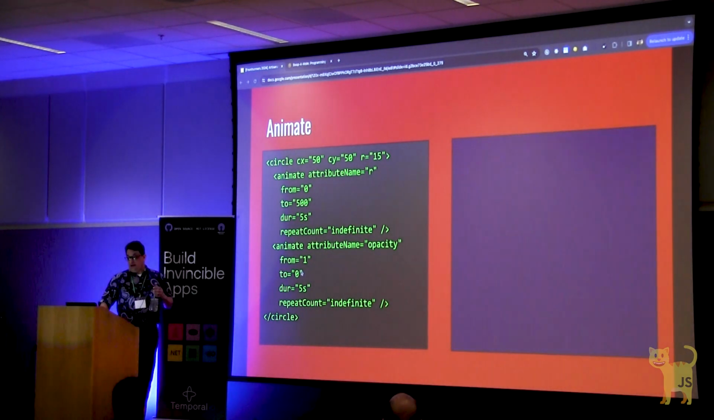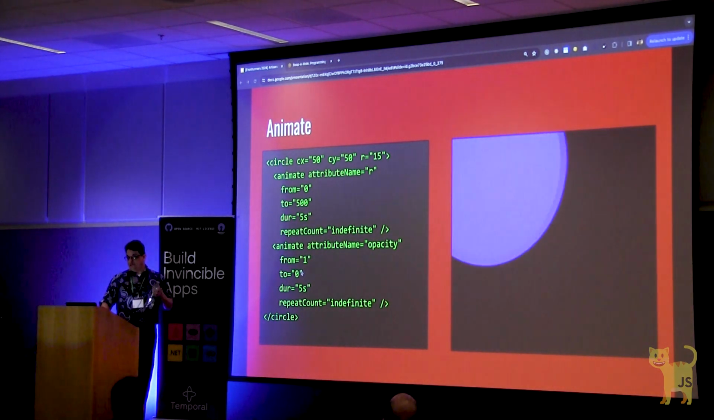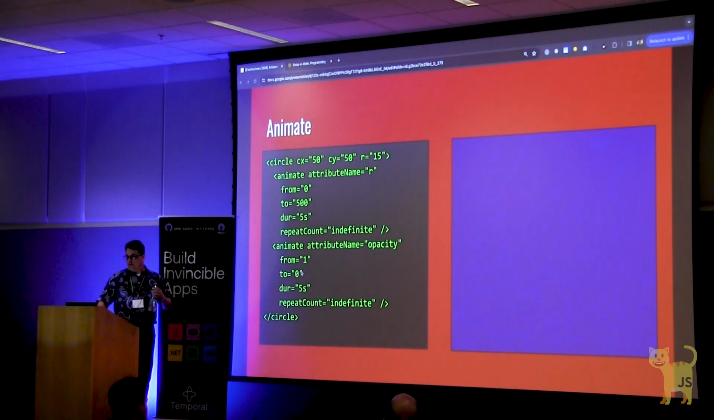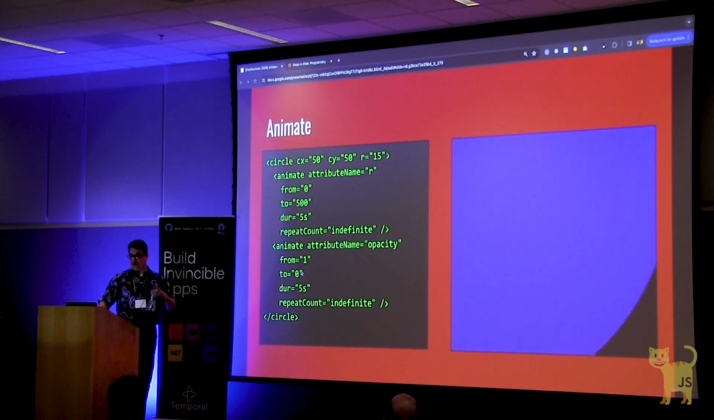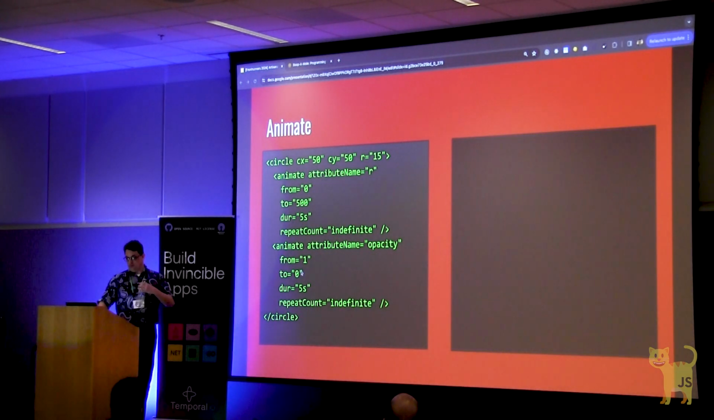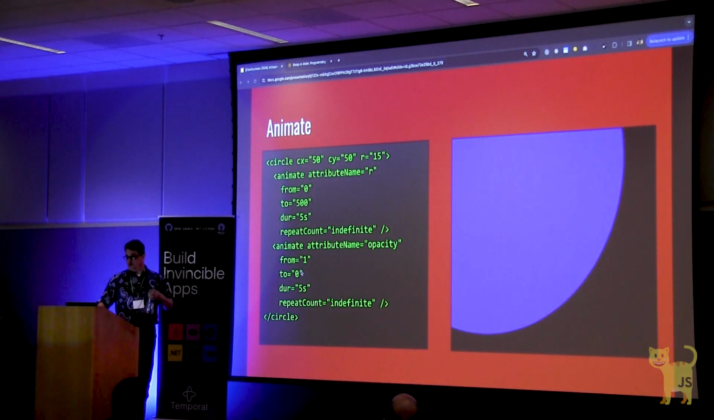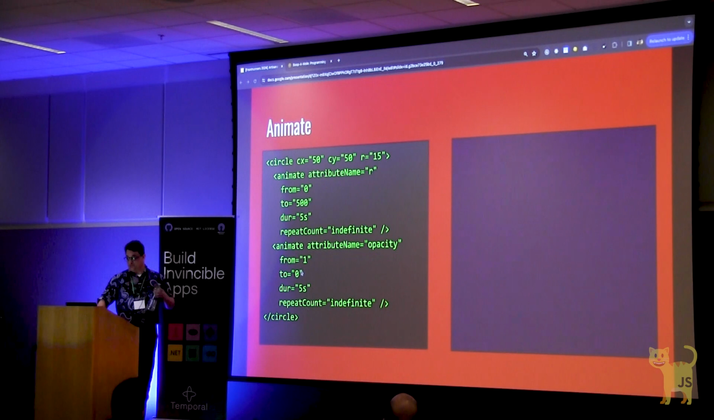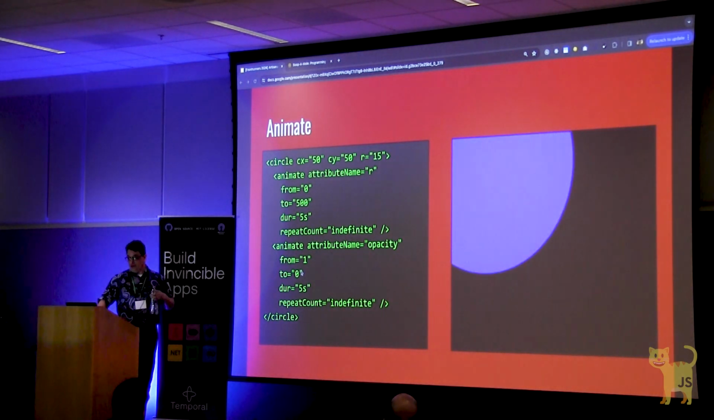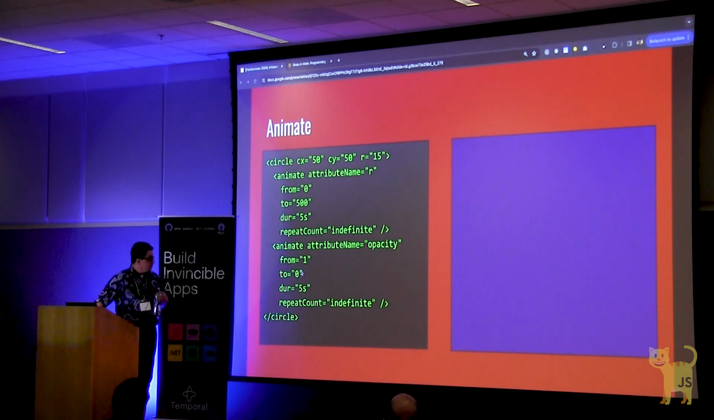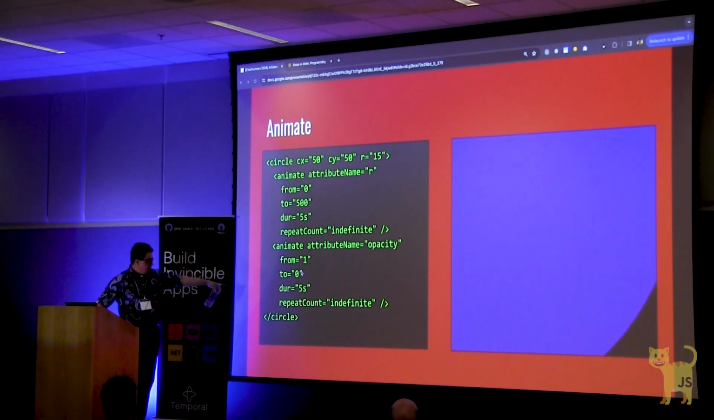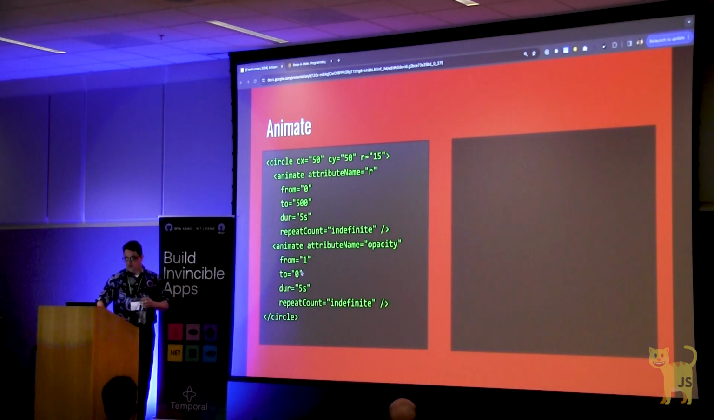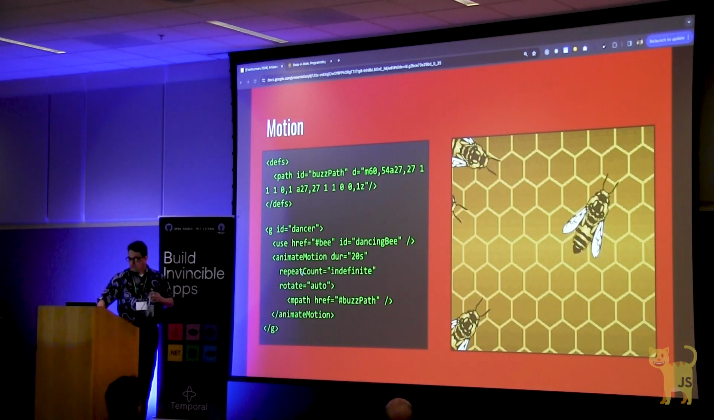There are actual elements for animation. This is the animate element, and by setting the attributes for the attribute of the parent element, you can change the values of those over time. In this case, I'm changing the radius of the circle and the opacity of the circle. So just over with the attribute name, the duration, and repeat it forever. You can designate motion paths